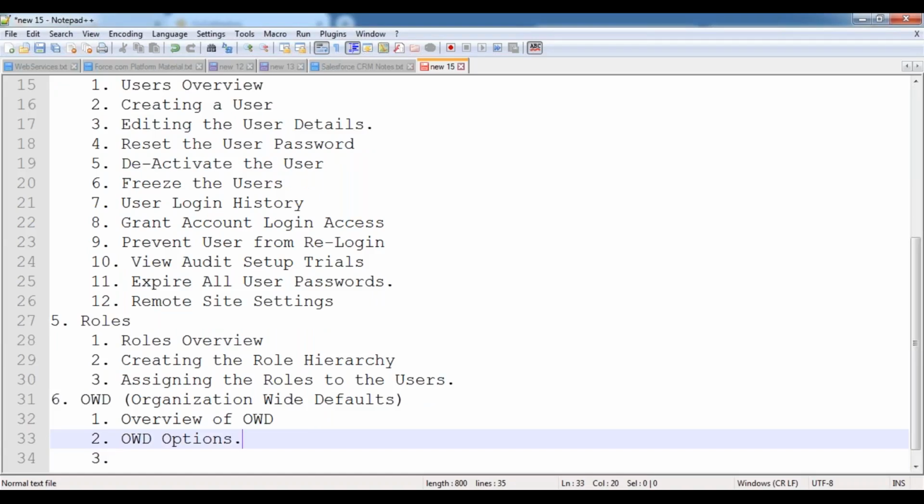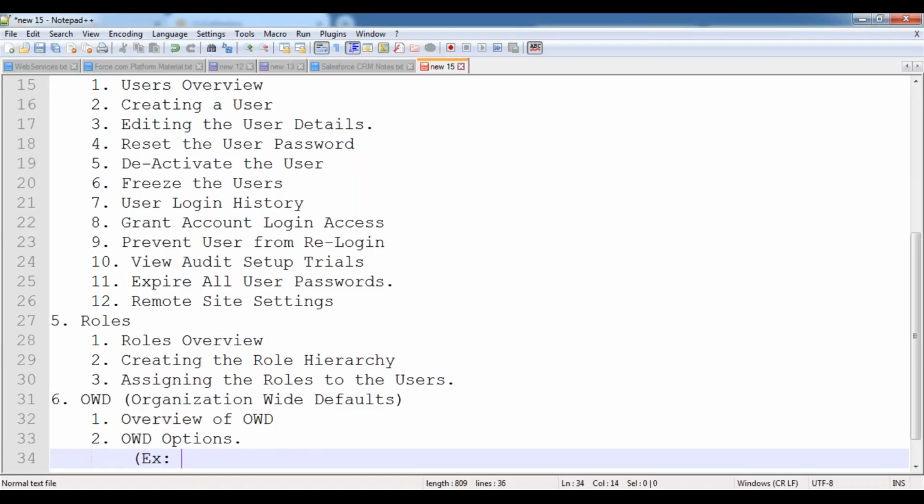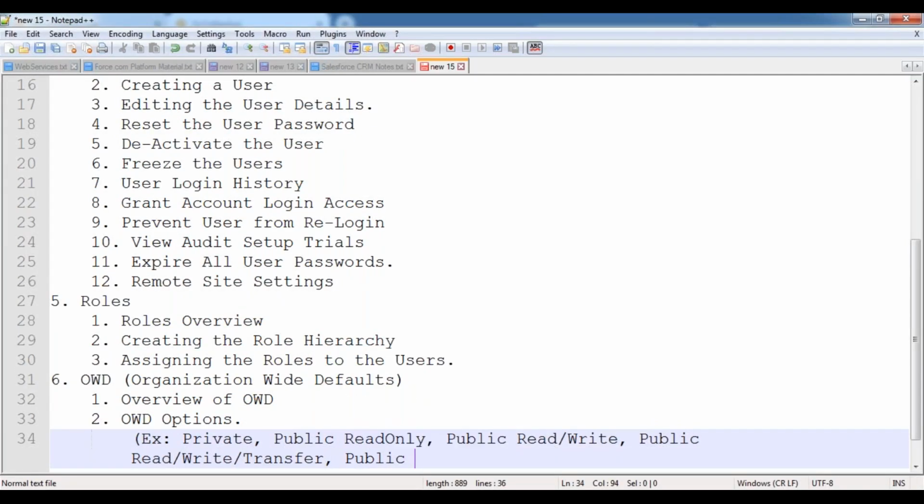As part of these OWD options, various options are available, like private, public read-only, public read-write, public read-write transfer, public full access,